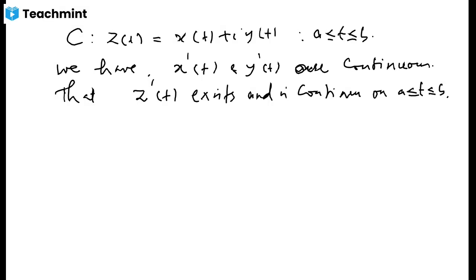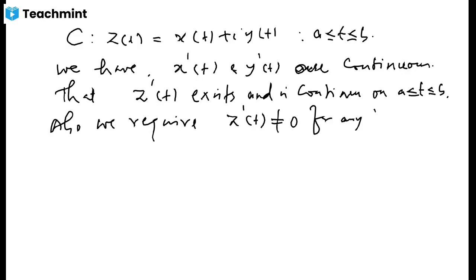We require an extra thing. We also require that its derivative doesn't vanish anywhere: z'(t) is not equal to 0 for any t in this interval. So any such curve whose derivative is continuous, or you call them continuously differentiable because its derivative exists and is continuous and it doesn't vanish anywhere, then we say that such a curve z(t)